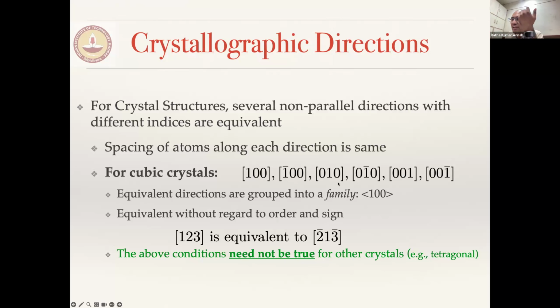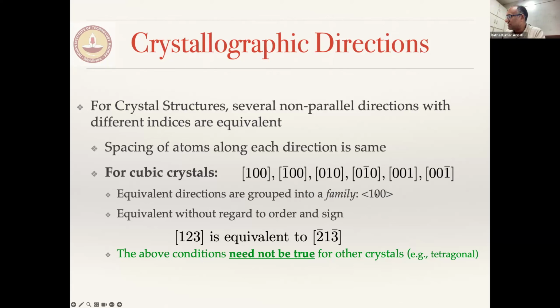Because if you are taking a tetragonal crystal, only along the base 1, 0, 0 and 0, 1, 0 will be identical. But 0, 0, 1 will not be identical because it is stretched, so you have to go farther. Hence, that is not equivalent to 1, 0, 0 and 0, 1, 0 in a tetragonal structure. But for a cubic crystal, it turns out that all permutations of these indices will form a family of equivalent directions, right? And if you are representing a family of directions, they are represented in these